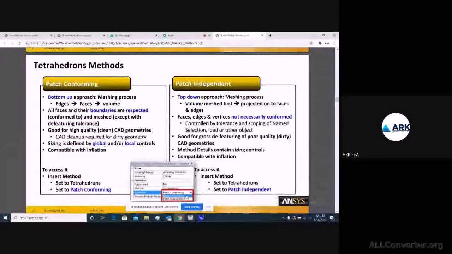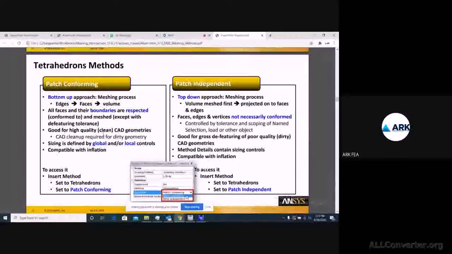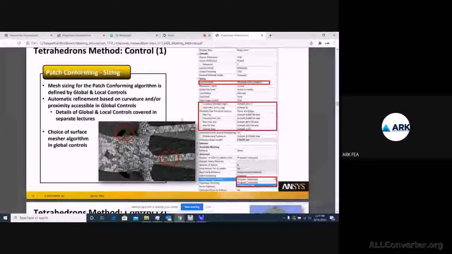But this is completely reversed in patch independent, because first the volume is meshed, then it comes to the faces, and then the edges are meshed. For both kinds of meshing, you need to have a clean geometry, and you can give an inflation control in the same one, right? So this is the basic difference between patch conforming and patch independent. We'll show you on the next one.